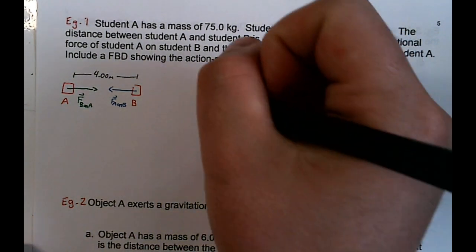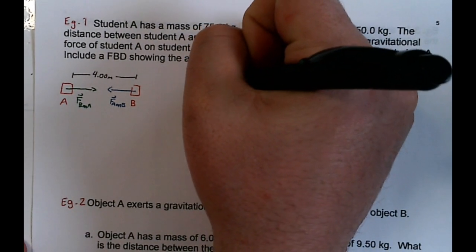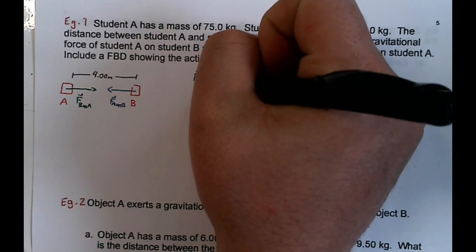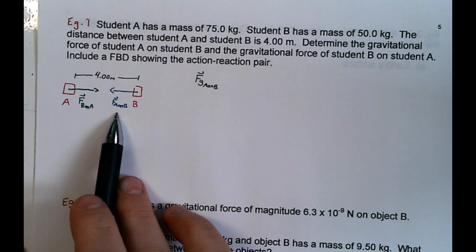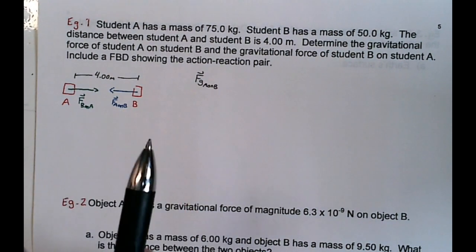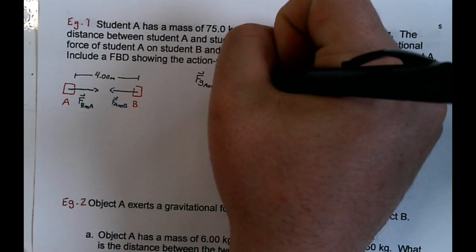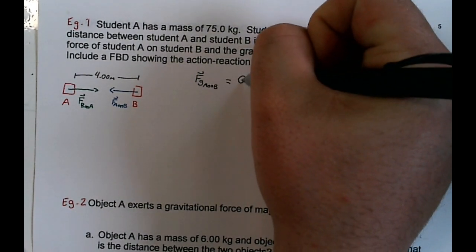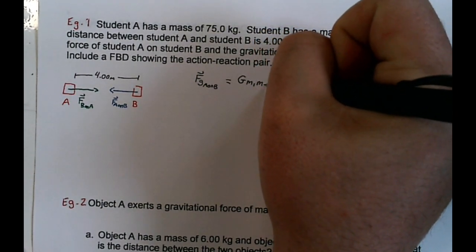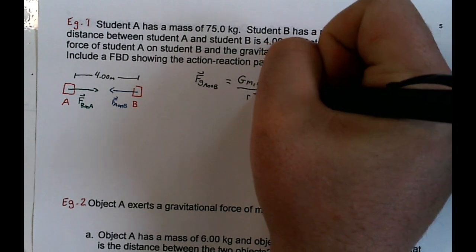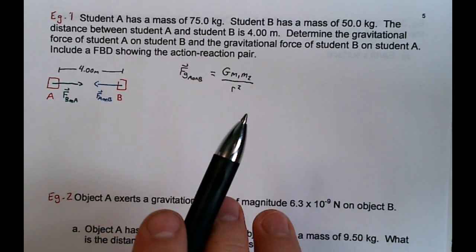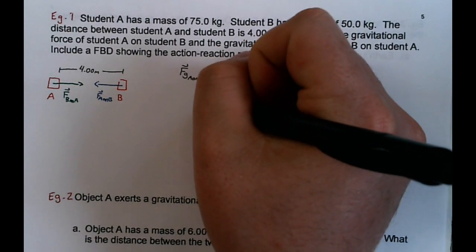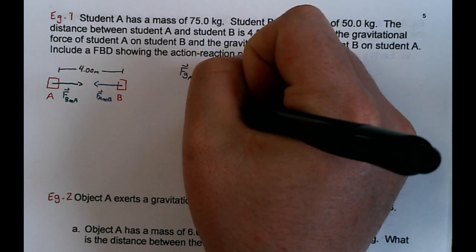So first, let's look at the force due to gravity of A on B. So that'd be here. That'd be pulling B towards A. In that, we have our formula, which is G m1 m2 over r squared. Remember, this G is on your formula sheet. That is a constant that's always going to stay the same. So there we have